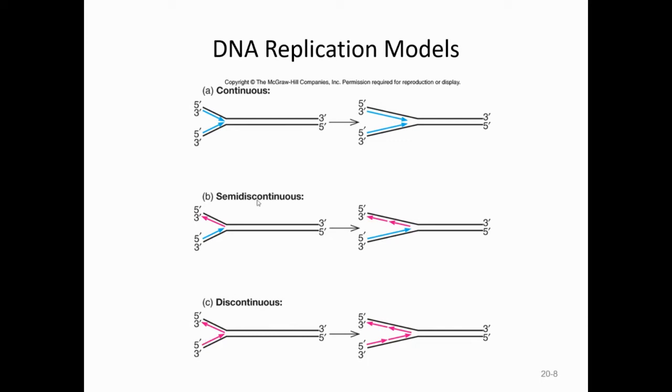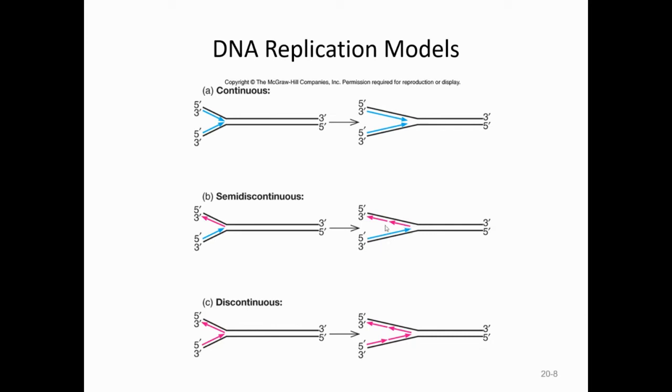Again, similar idea: 5' to 3', 5' to 3'. They open up, and then they perform this segment by segment for both strands. This is also wrong, because it has to be semi-discontinuous. So for one strand, 5' to 3' will